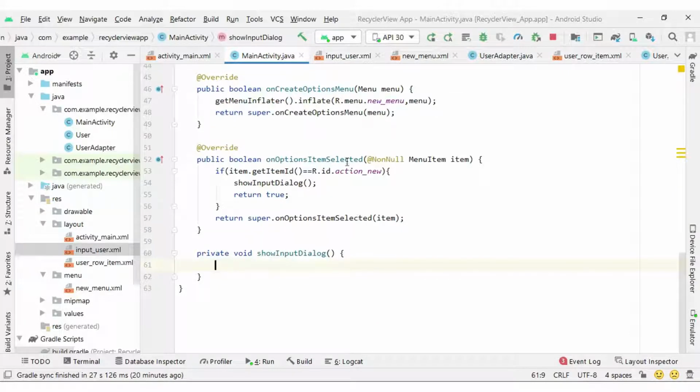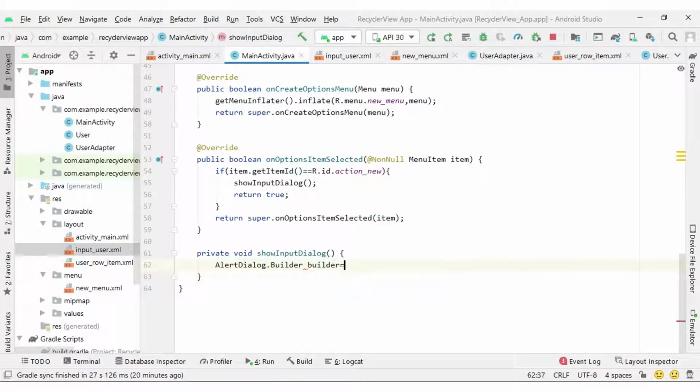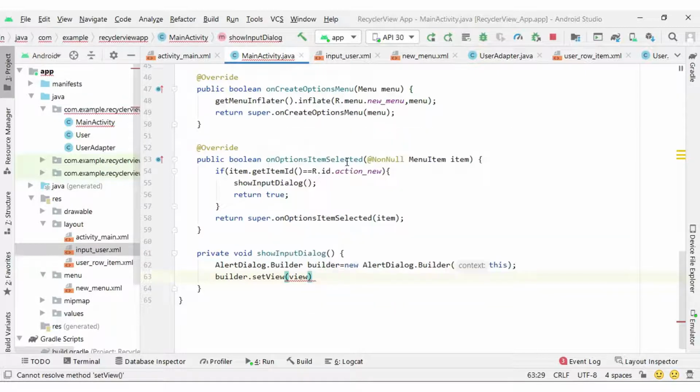Okay, so here I am going to create the alert dialog. AlertDialog.Builder builder equal to new AlertDialog.Builder, and inside the brackets we can pass the context, so we can write this. Then after that builder.setView. So what about the view?